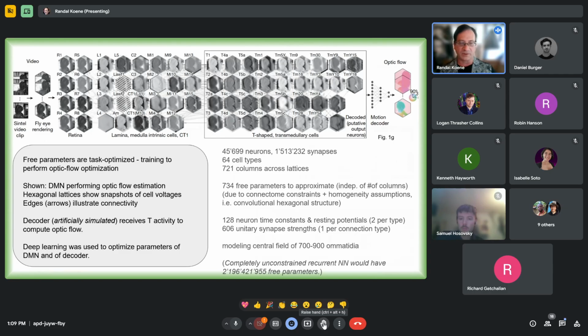Where I did wonder where they might go next is whether they were going to try to make more complex networks like DMNs that contain more parameters and try to do more tasks, or if they were going to go in a direction like building a separate DMN for every task that the visual system has, because you could do that. You could take these connectome constraints and the additional constraints you're putting in, and then the